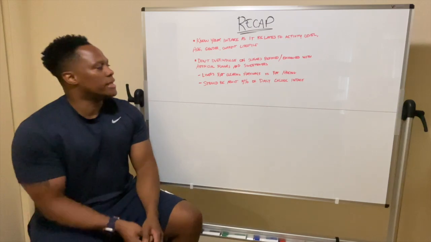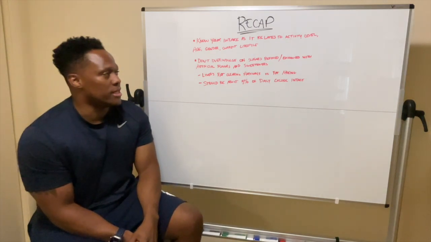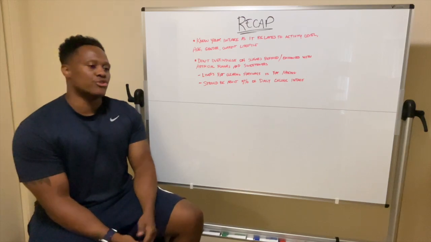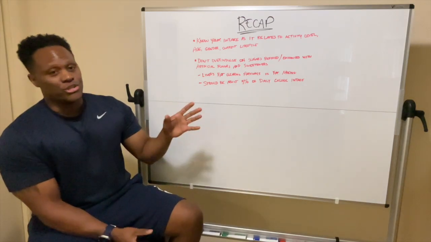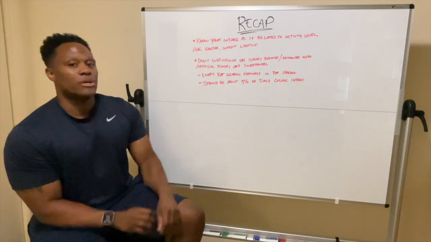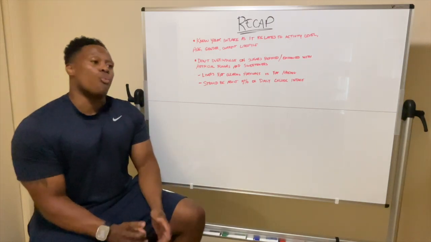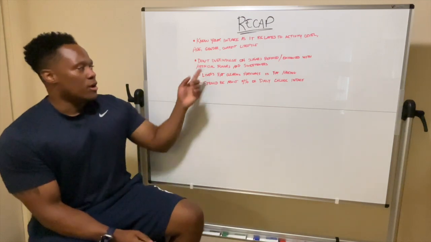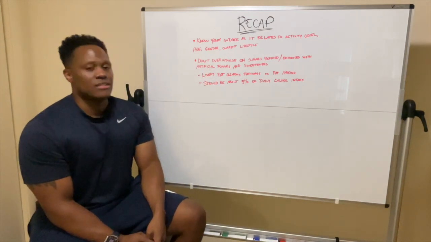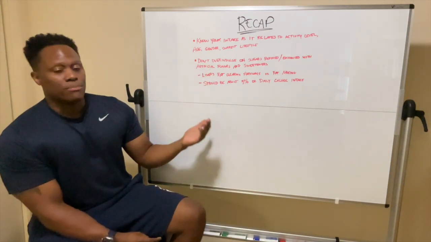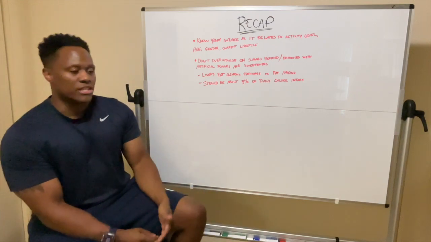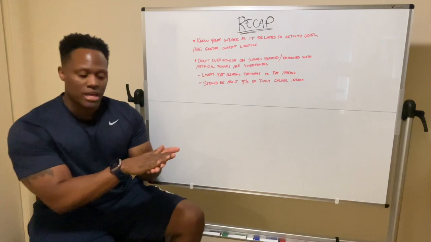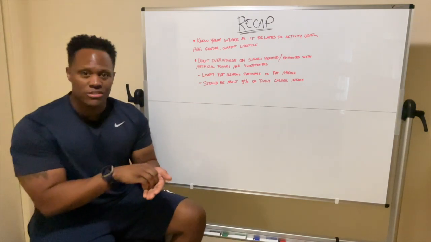Number 2, here we say don't overindulge on the sugars that are refined or enhanced with artificial flavors or sweeteners. I'll never tell you not to have them at all, or to just cut them out. If you want to, cool. But I say cut back a lot on your refined sugars, because carbohydrates are made up of sugars anyway. But if you look at the nutrition facts, you'll see a certain amount of sugars, and then underneath it you'll see added sugars.